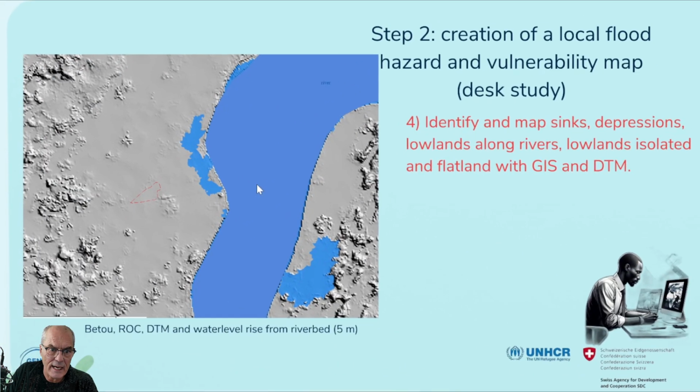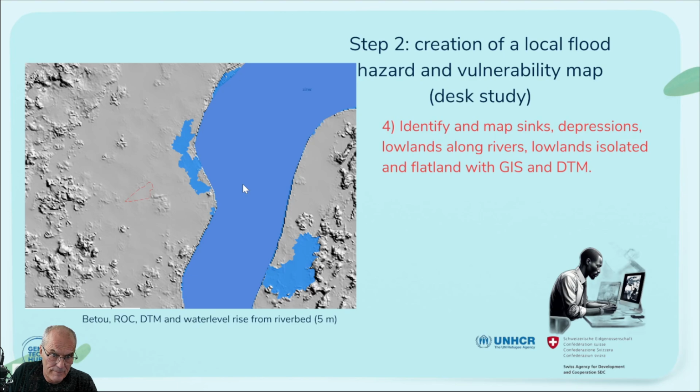Now another analysis. I have the river. I have seen through the hazard map of the global flood database that the biggest and most dangerous flooding is coming from the river. Interesting, but I have no idea how much water this river has. But what I know is where the river is, and through specific, let's say, GIS management, I can give to this river the elevation. I link the river location to the elevation through the digital terrain model, and I have the